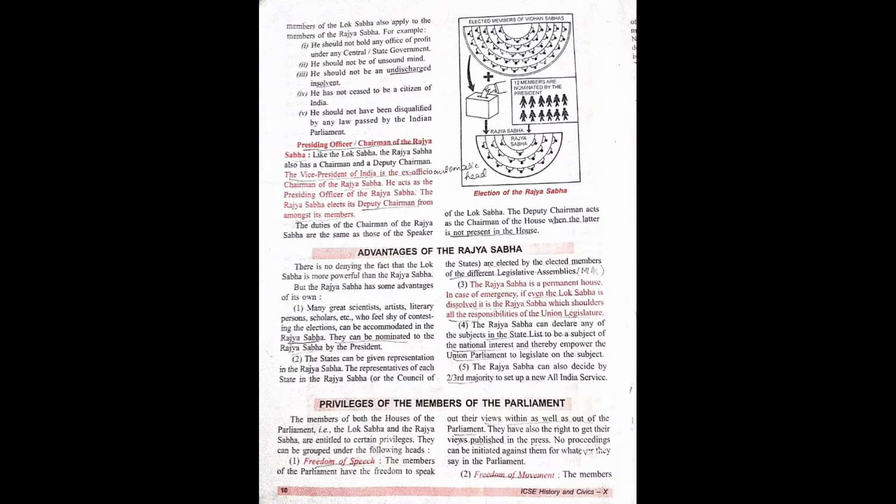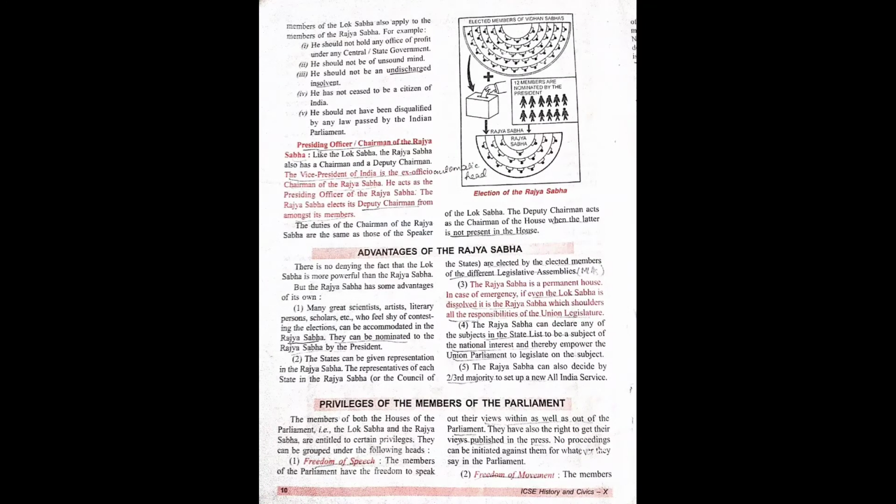So the members of the Rajya Sabha are elected by the MLAs, members of Legislative Assembly, while the members of the Lok Sabha are elected by Universal Adult Franchise. That means we who are 18 years or above elect the members of the Lok Sabha. The Rajya Sabha is a permanent house. In case of emergency, even if the Lok Sabha is dissolved, it is the Rajya Sabha which shoulders all the responsibility of the